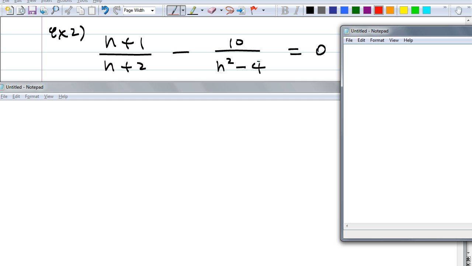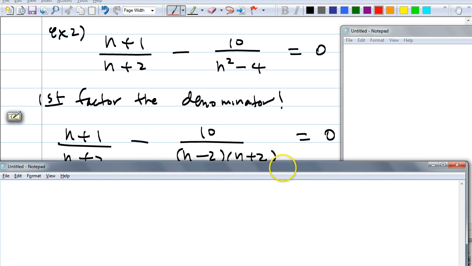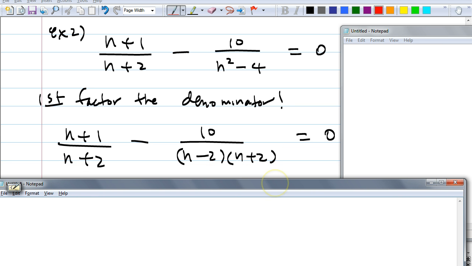Yeah, it's a difference of squares. By this time, you should all know right away. So what does that become? Stephanie, can you tell me what to write? With n² - 4, it should be what? 10 over (n + 2) times (n - 2). You got it. So first step, you must factor the denominators if you want to get the LCD, right? Now that we have these denominators as n + 2, n - 2, n + 2,